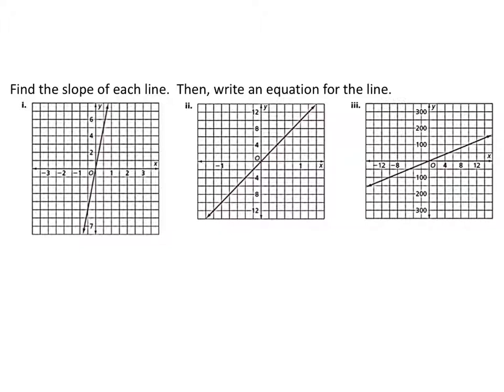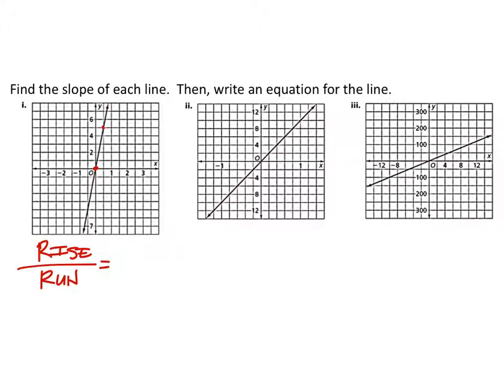Alright, so we're going to find for each of these the rise and the run. And we'll take the rise and divide it by the run, and that will tell us the slope. From there we'll need the y-intercept to write the equation. So we just need to find 2 points on this line so that we can make our stair step or